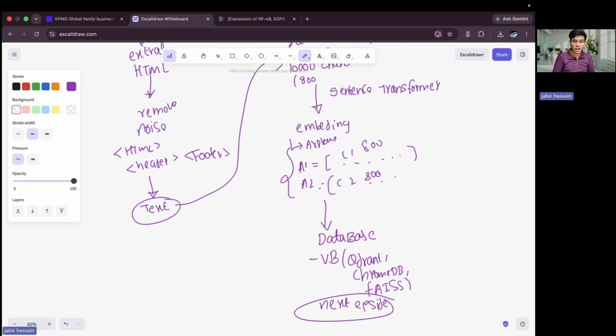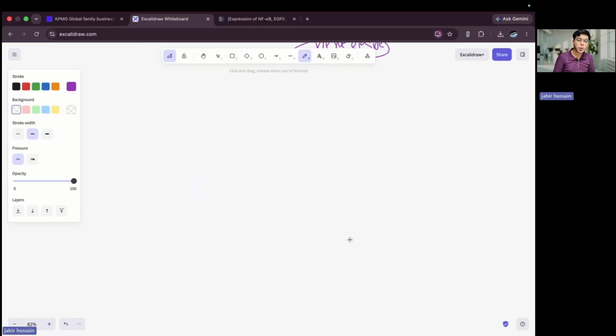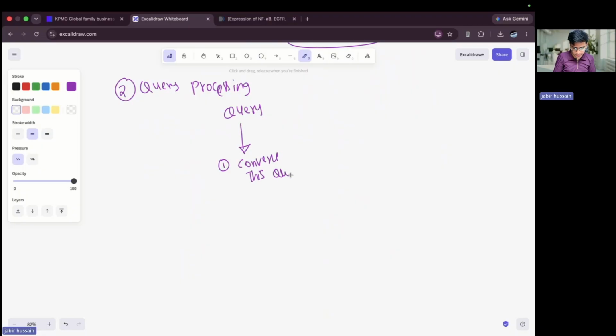I hope you have understood. Now let's talk about query processing. This is the second fundamental block of RAG, which is query processing. In query processing, let me walk through from a user's perspective. Let's say the user has given me a query. In step one, I convert this query